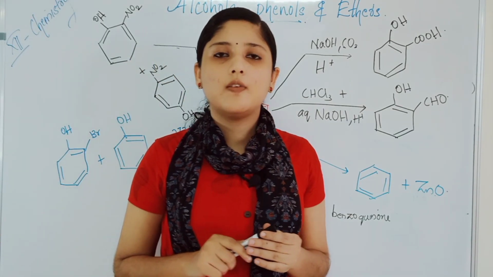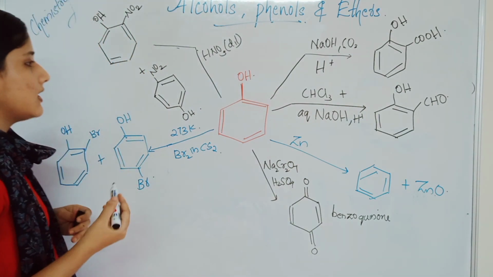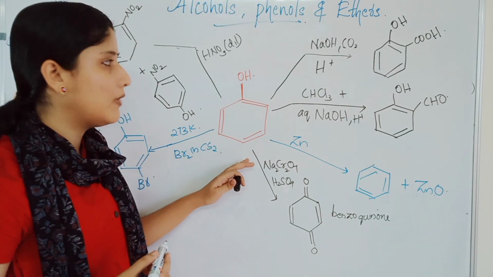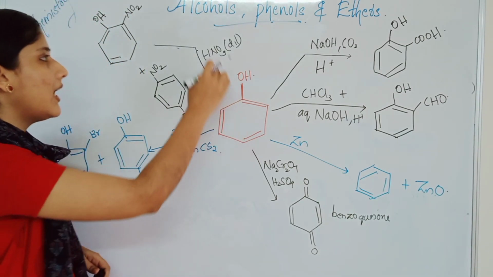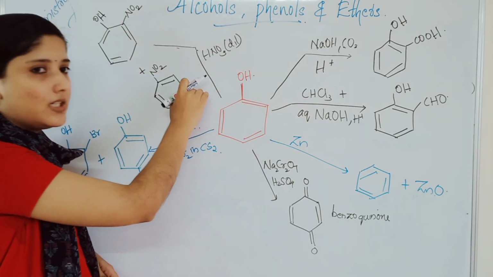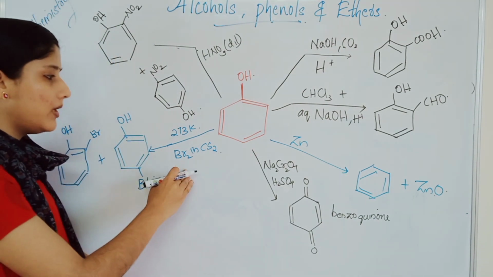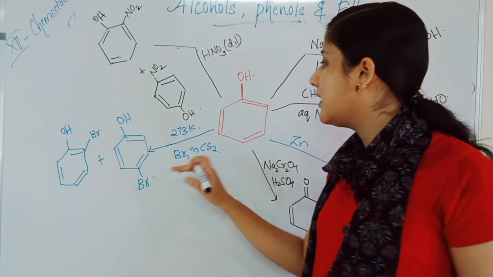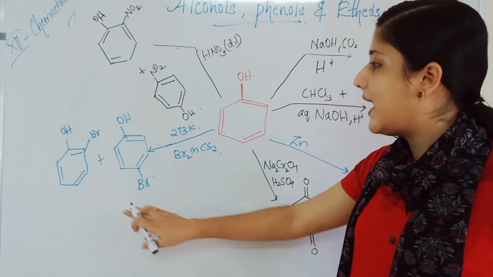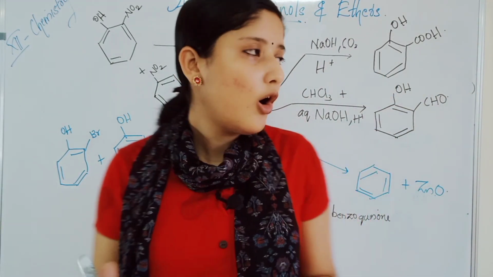So students, we have completed the 5 reactions. Now let's look at the summary of what we learned today. First we studied aromatic electrophilic substitution, that is phenol with dilute nitric acid will give you ortho and para products. We can separate them by steam distillation. Next we studied halogenation, bromine in carbon disulfide, which will give you ortho and para products, while the para product will be the major one. And next we studied the Kolbe's reaction.